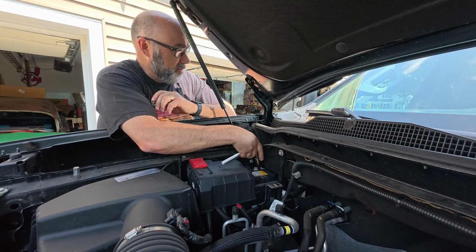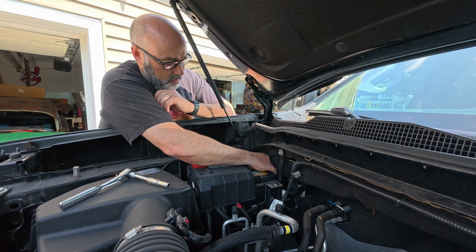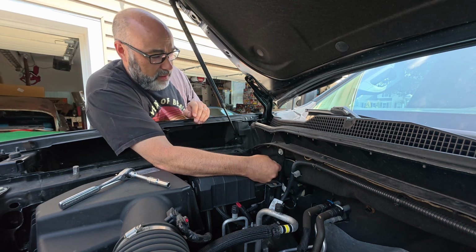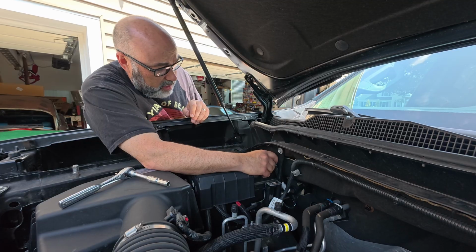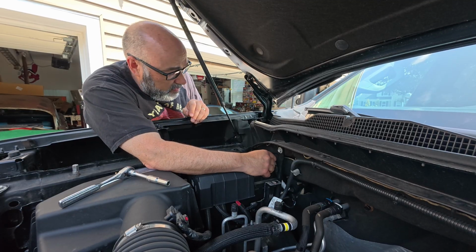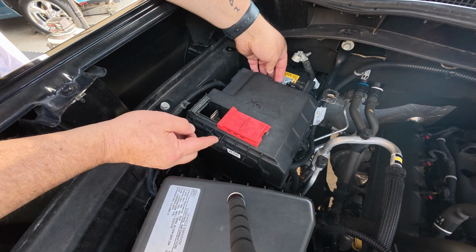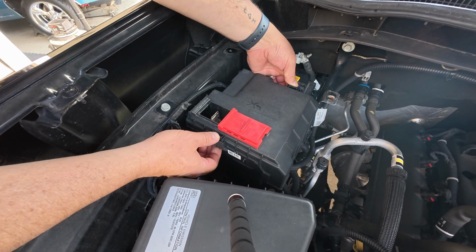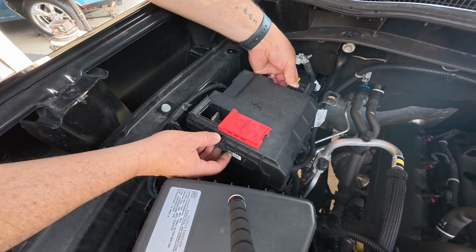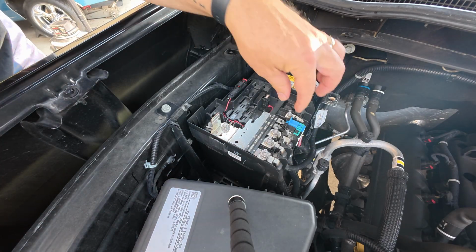Let's get this negative off. Here we go. The negative is now off. Prognosis negative. Next, we got to get this off. All right, guys, I got you in here nice and tight for this. There are two clips. There's one here and there's one here. Push it on both these clips and it will expose the top of the bus bar. And there's something living in there,